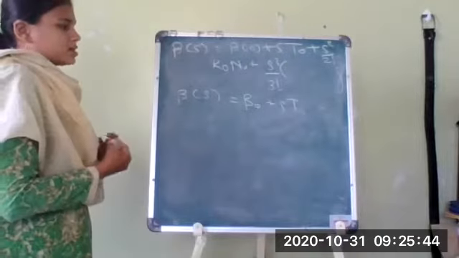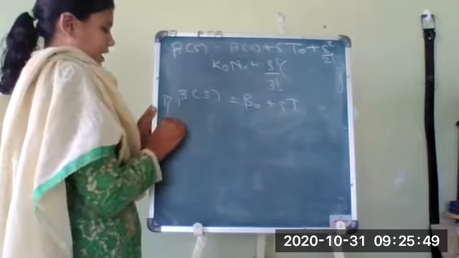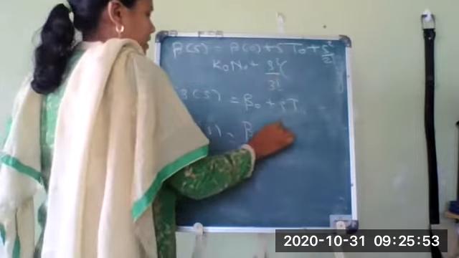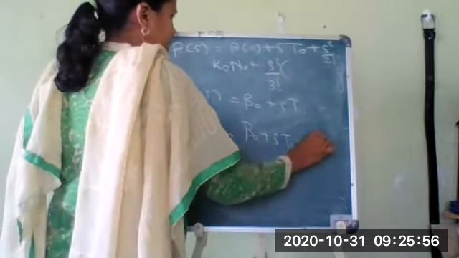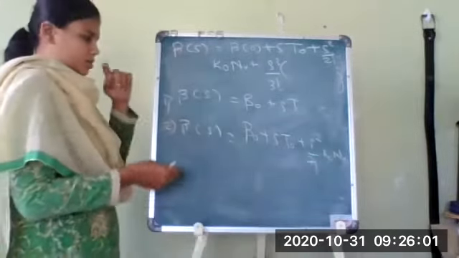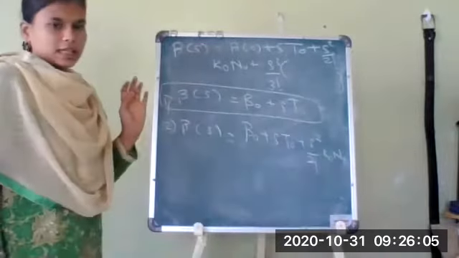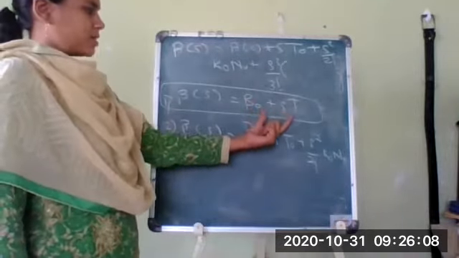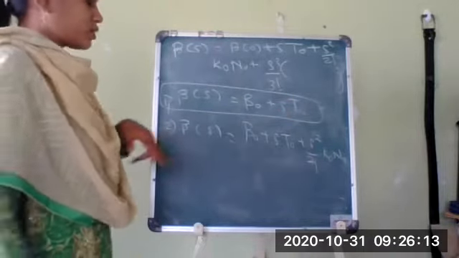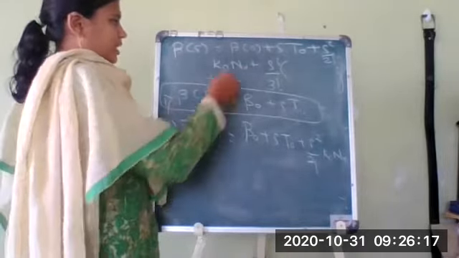So suppose s is somewhat bigger as compared to the initial one. Then we can write beta of s equal to the three terms: p naught plus s t naught plus s square by 2 factorial into k naught into n naught. Okay. So this will be just like our equation of a straight line. If s is very small, this will be just like an equation of a straight line in terms of s. So the third one will be the whole thing.